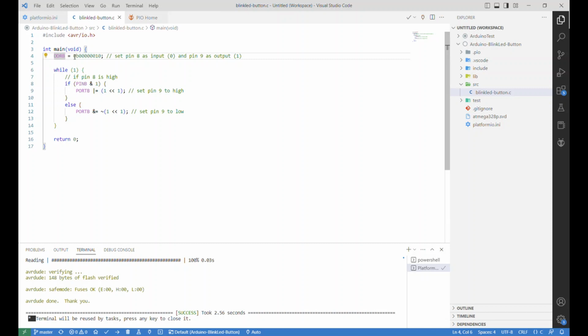And since pin 8 is an input, and it corresponds to port B0, we're setting the 0th bit here to 0, which is an input, and then pin 9, which is port B1, we're setting it to 1 because it's an output. And so looking at our loop here, we're checking if pin 8, which corresponds to our switch, if